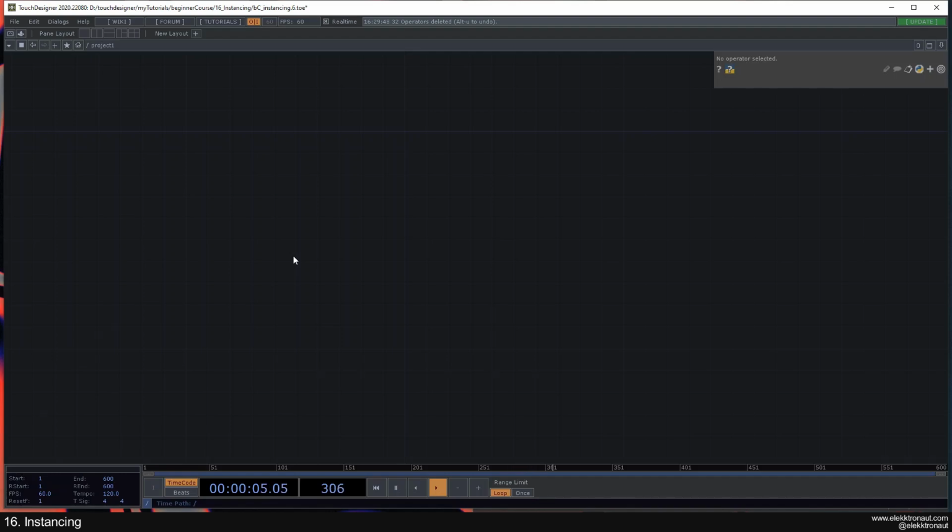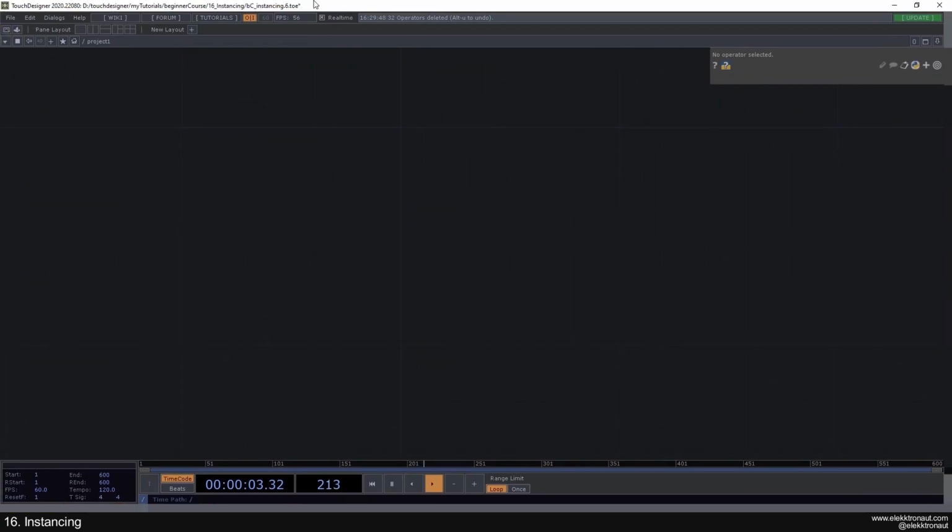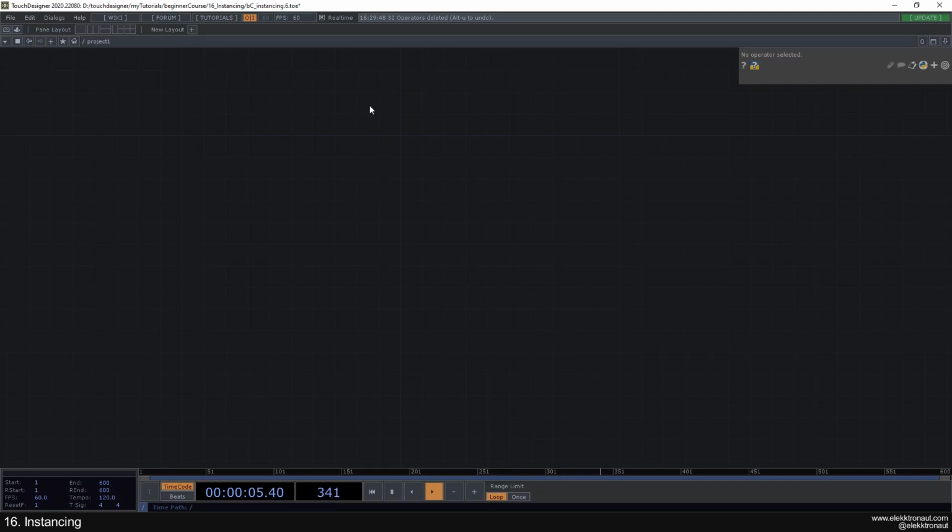Alright, let's look at instancing now, which is a very exciting technique and super powerful. I've been mentioning it in the series before, and let's actually look at how to do that, or what it actually is. So before I start explaining, I'm just going to set up a simple rendering network using a sphere